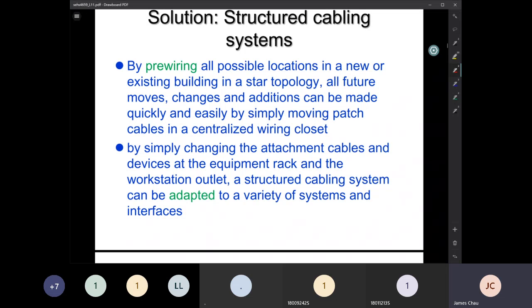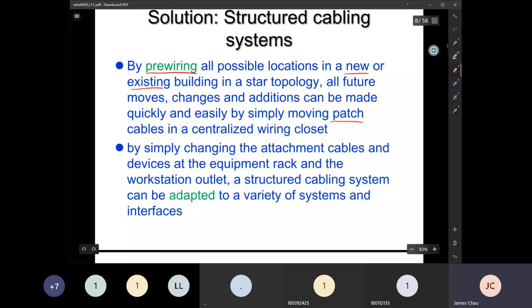At that time, we are talking about the pre-wiring of the cables. No matter whether it is a new building or an existing building, we are using the star topology, and all future moves, changes, and additions can be made quickly and easily by simply removing patch